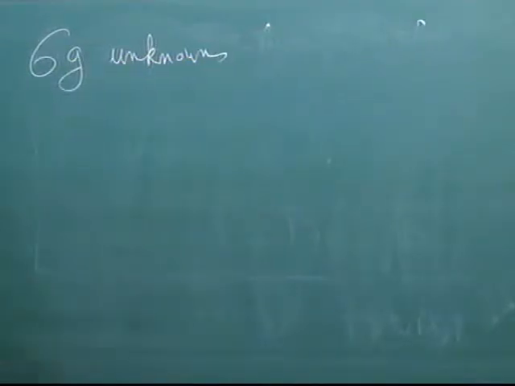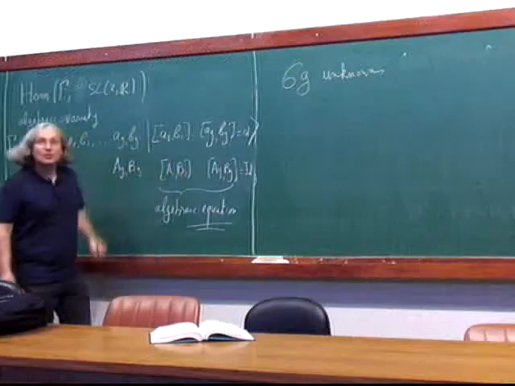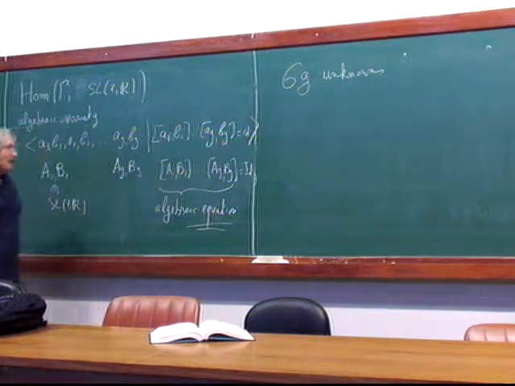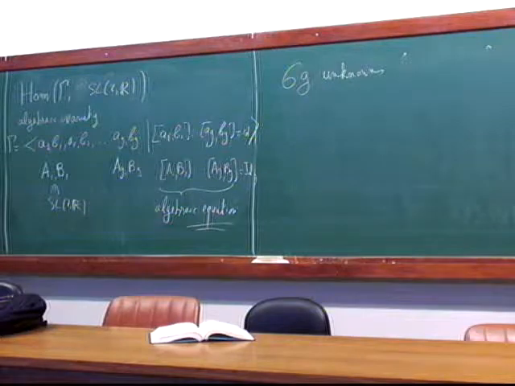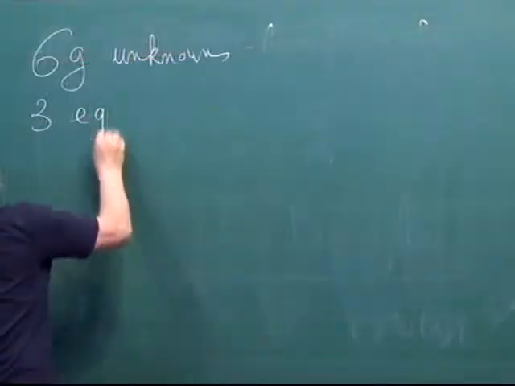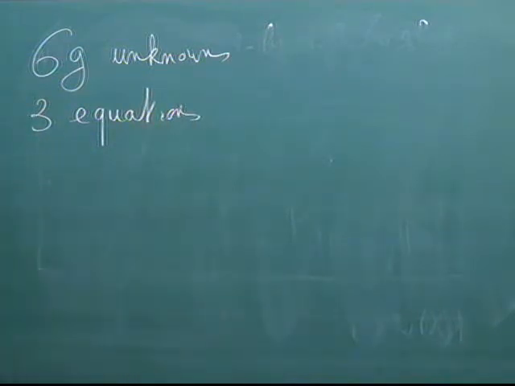The coefficients of these 2G matrices. And here we have an equation, only one equation. This equation is a matrix equation. And this matrix equation, this matrix product of commutators, has 3 dimensions. So we are writing 3 equations. So one could expect that the dimension